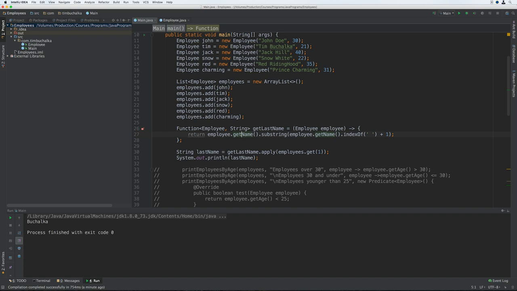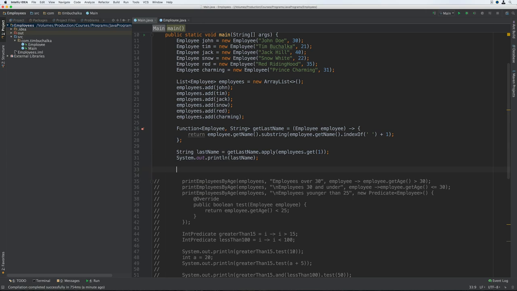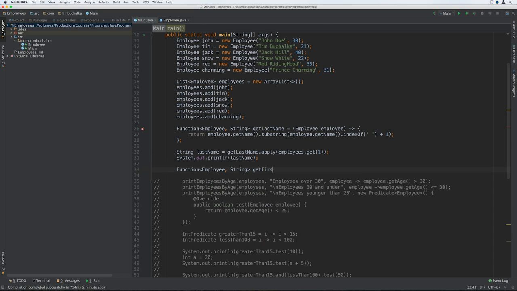So let's suppose that sometimes we want the first name of an employee and other times we want the last name. So we could write separate getFirstName and getLastName methods, but let's do it with one method instead. So first we're going to create a function for getting the first name. So it's going to be Function<Employee, String> getFirstName is equal to, and the parameter is going to be employee again,